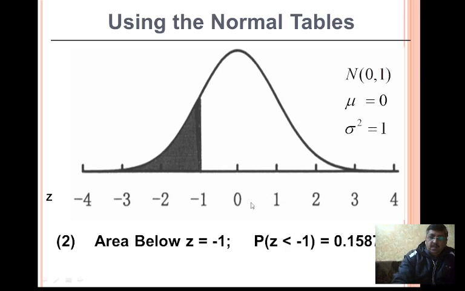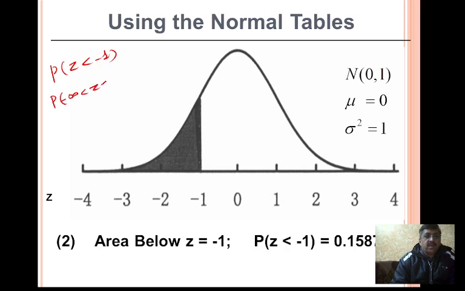So let me elaborate this one more time for you. My dear student, don't worry, it's all very simple. We are basically interested in finding the probability of z less than minus 1. More precisely, we can see this as minus infinity to z to minus 1. That means this part, somewhere here minus infinity is there. So this is the part we are interested in. How can we calculate this?